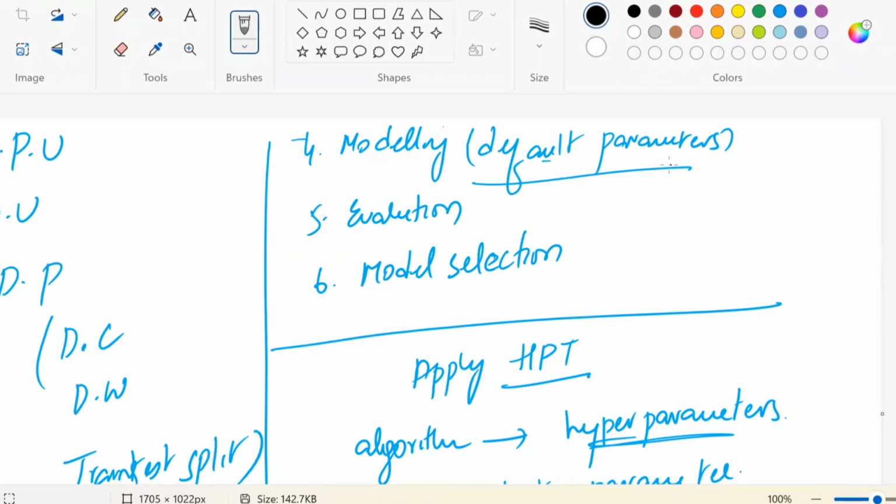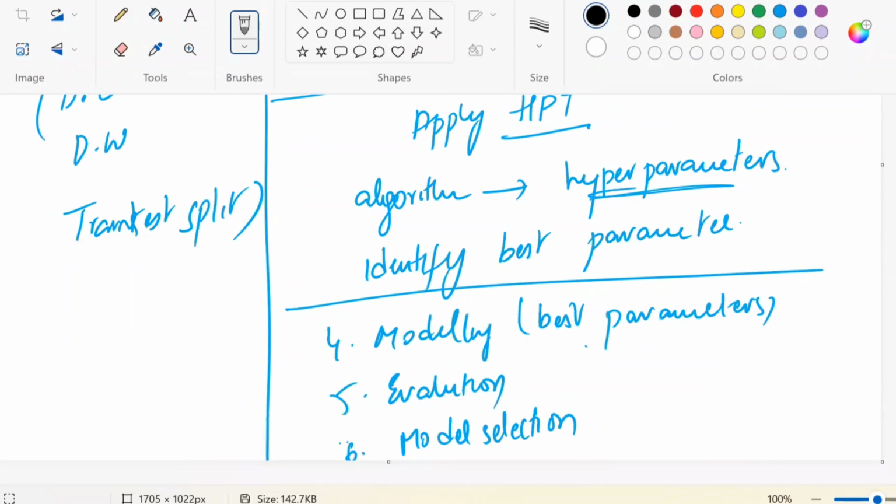First, I have applied the model with default parameters, that is 100 estimators. I have evaluated the model and checked whether it is a good model or a bad model. Then I applied the hyperparameter tuning, and the hyperparameter is the number of decision trees. How many decision trees is the important hyperparameter for the random forest. Whatever the hyperparameter answer I got, I rebuilt the model once again with the best hyperparameters and evaluated it. Again, I checked whether it is a good model or a bad model. Same steps I have done for the random forest also. I just copied the same Jupyter notebook one more time, and instead of decision tree, I changed to random forest. Copy paste I have done.